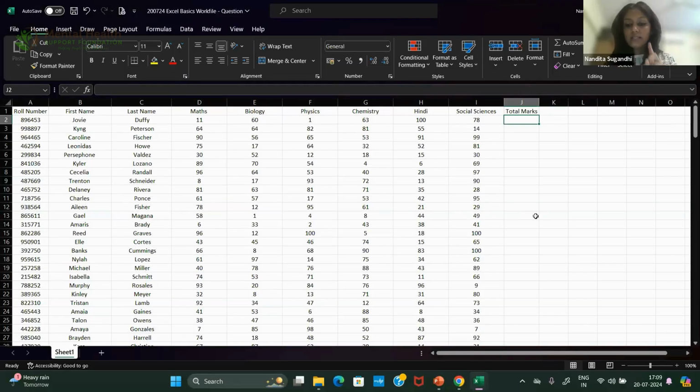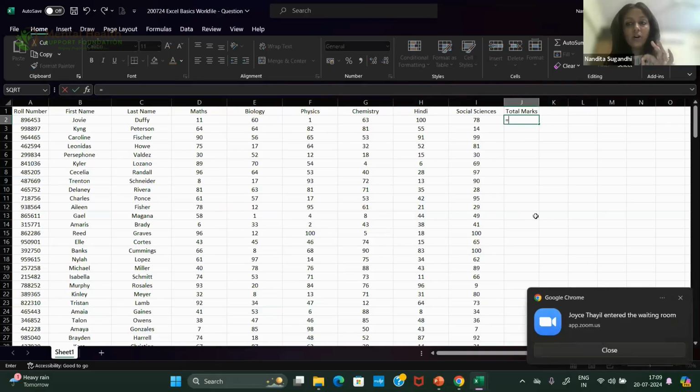So a formula always starts with an equals. This time we are going to do a summation or an addition, and therefore you will put a sum. You will open a parenthesis, which says that now I'm going to put the arguments, I'm going to tell on what data to work on this function, and I'm just going to select those six numbers. I'm going to close the parenthesis and enter it.